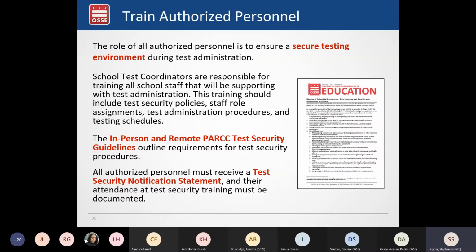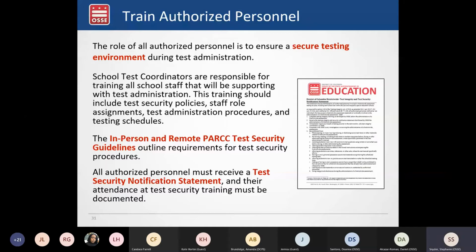There's also a document called the In-Person and Remote PARCC Test Security Guidelines, which outlines some additional requirements for test security procedures, and that document is posted on OSSE's website.